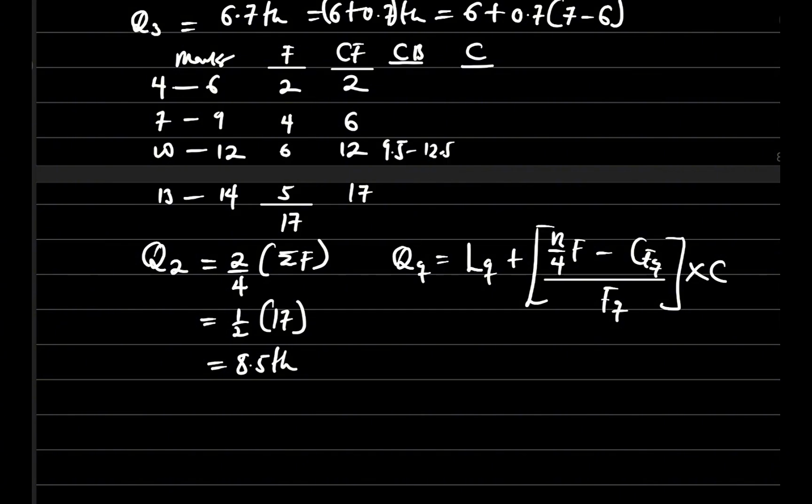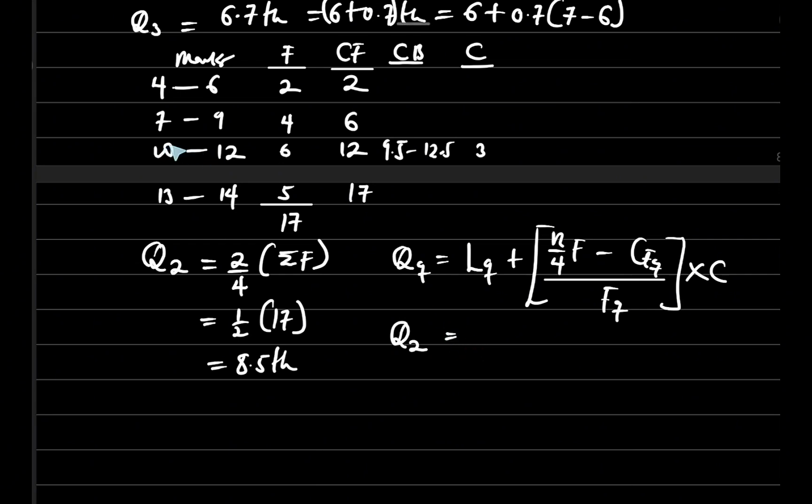Okay, and for us to get our class size, it is the difference between what? The upper class boundary and the lower class boundary. So what do we get? 12.5 and 9.5, we are supposed to get what? Is it 3? You're supposed to get 3 in that case, and you are good to go. So you're going to get 3 as our class size. Okay, so once we have that, then we can say that therefore Q2, per the formula, is supposed to be